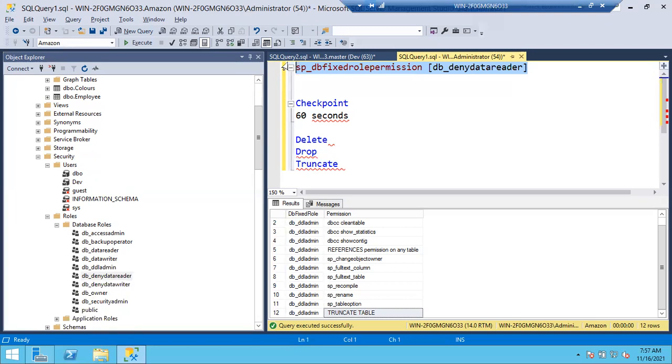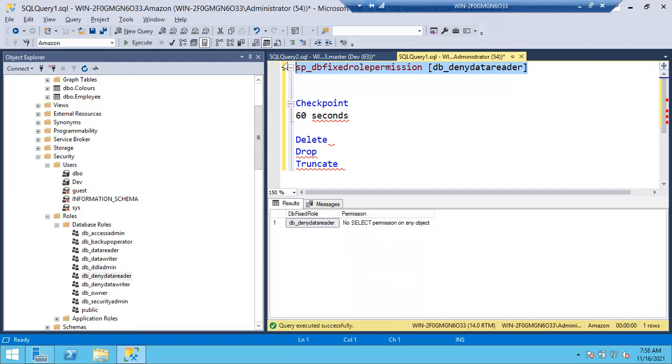Select. Deny data reader means you won't be able to read. It's data reader only, not data writer. He cannot read the data. Data reader means select permission, guys. Deny data reader means no select permission.